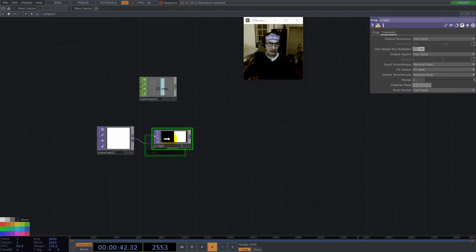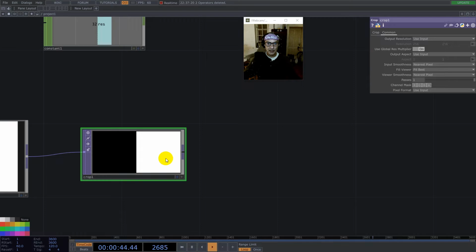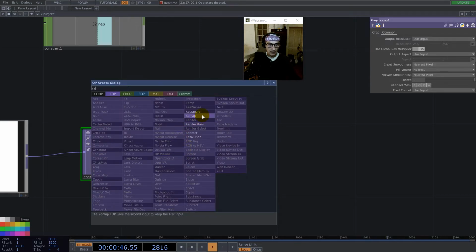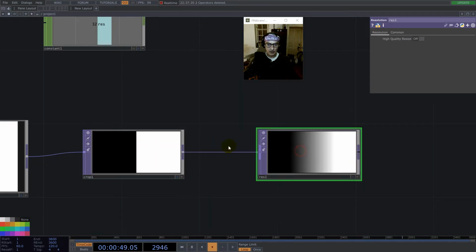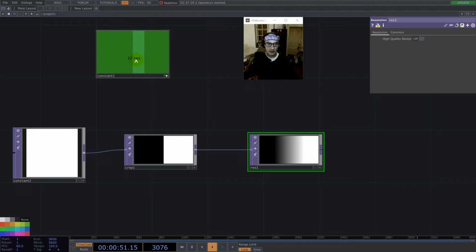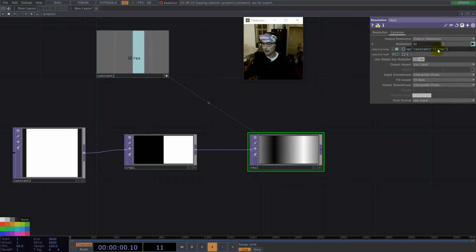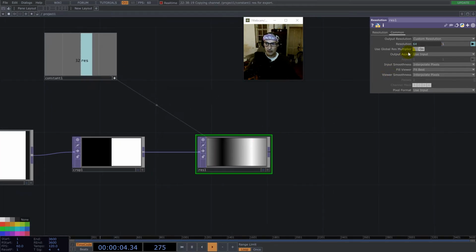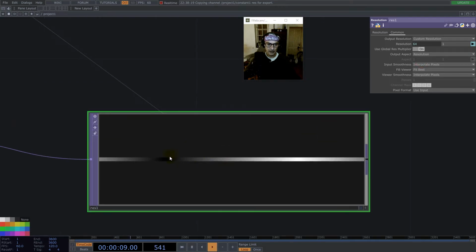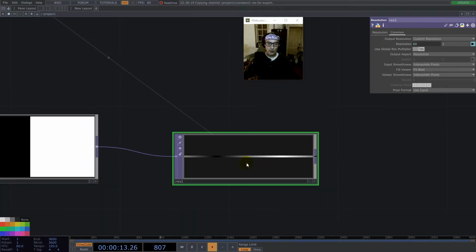Okay, we want a ramp in between those two, so we go with resolution, and we drag the desired resolution here, but we multiply with 2. Okay, now this is looking like a ramp in the middle, but the extremes sides we need to cut them